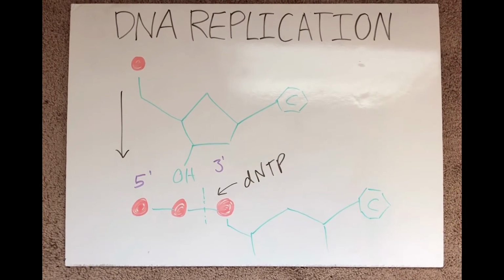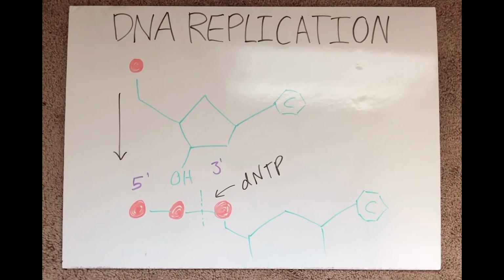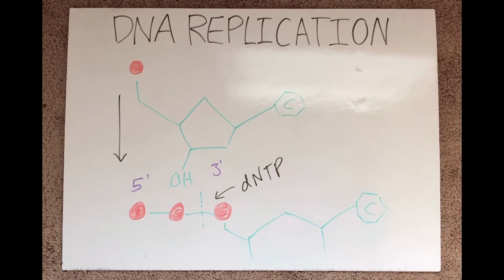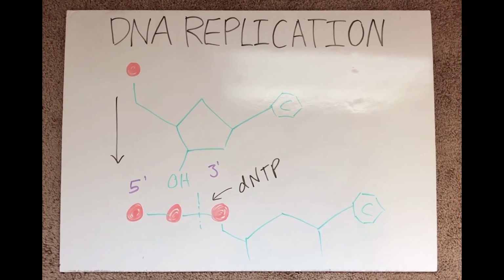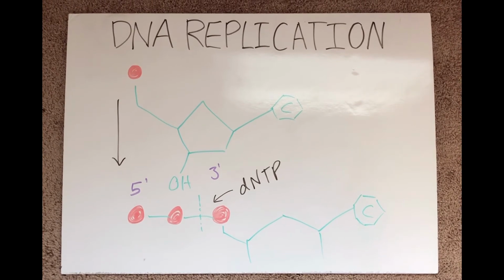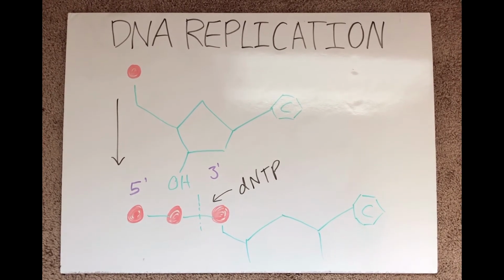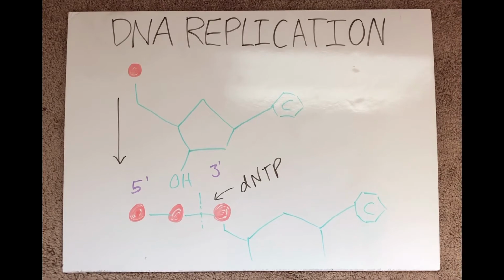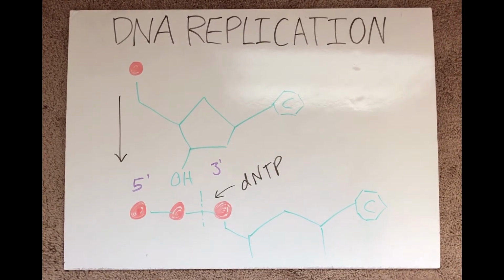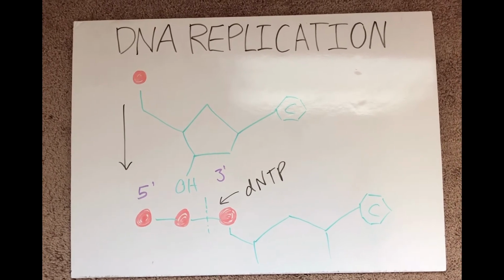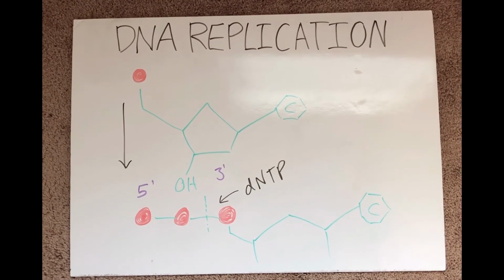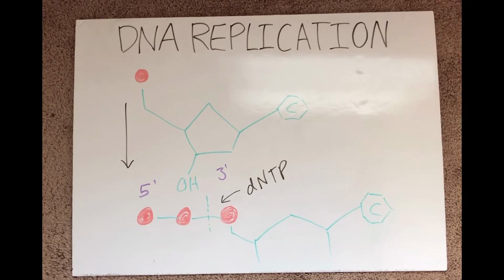The next stage of replication is elongation. The template strand provides an anti-parallel sequence of DNA so that DNA polymerases can add the correct nucleotides in the 5' to 3' direction. To elongate the DNA, polymerases bond to the 3' hydroxyl group of the last nucleotide on the new strand to the 5' phosphate group of an incoming deoxyribonucleoside triphosphate. The two extra phosphates of the dNTP are cleaved off and a phosphodiester bond forms between the two nucleotides to